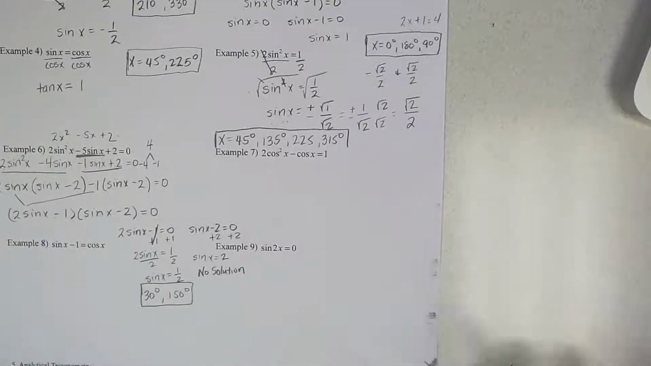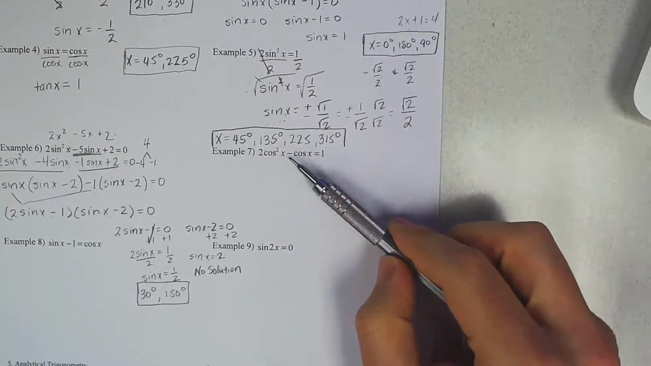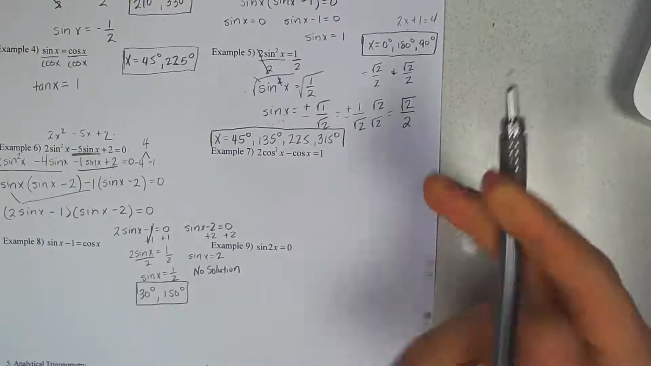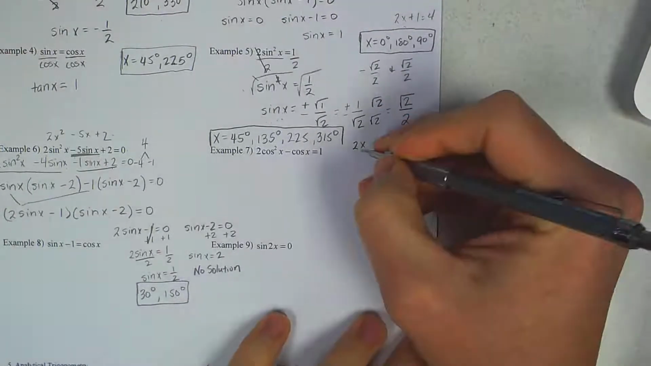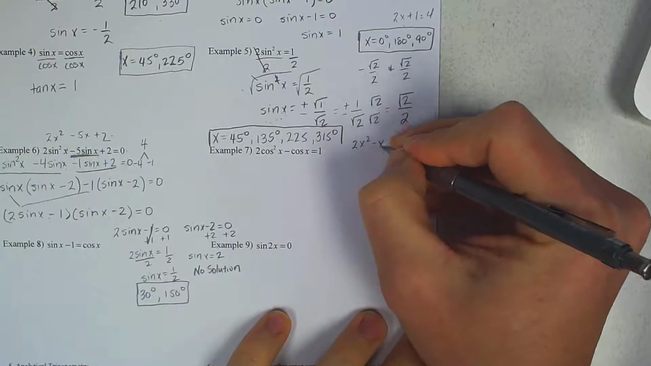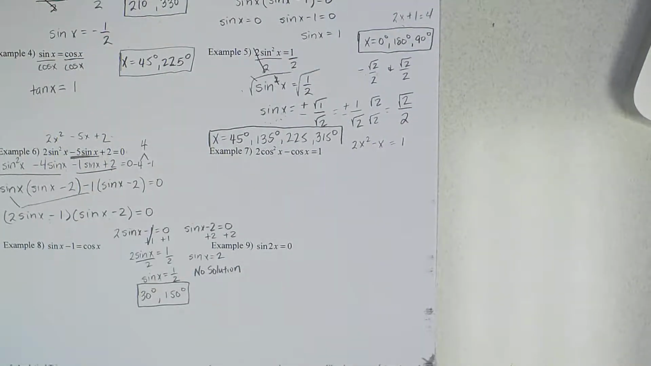Hope this is making sense. Let's flip over to example number 7. We have 2 cosine squared x minus cosine x equals 1. So again, guys, this would look just like this in terms of just pure x. So 2x squared minus x equals 1. So if you had something like this,